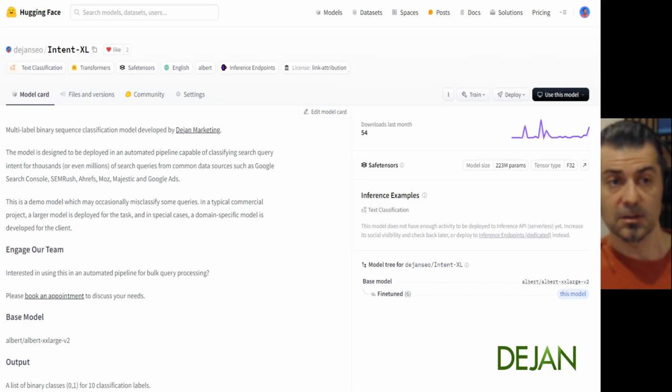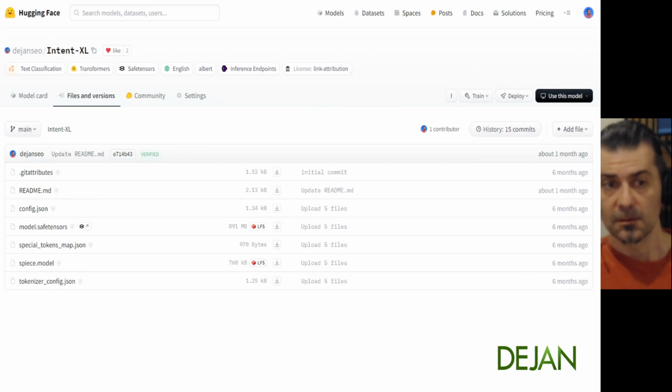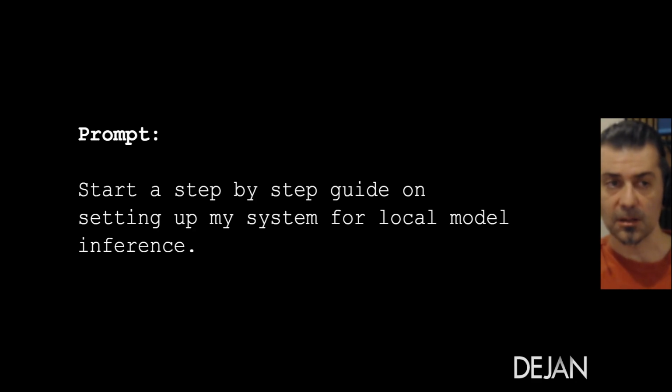One such model is the one that we've trained and released. This model does one thing and one thing only. It tells you the intent of the search query: what did the user want when they typed that into Google. So this model doesn't do language, it won't chat to you, it won't do anything else. It really sucks at everything else, but it's really good at determining the intent of a query. And that's the whole point. And this model is under 1 gigabyte, and it didn't take a whole month and kill half the planet to train.